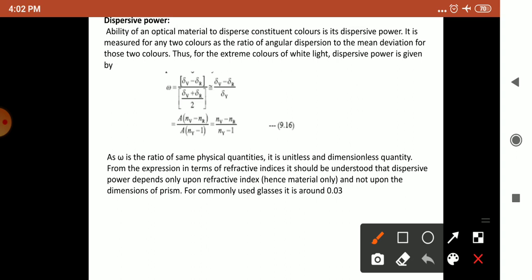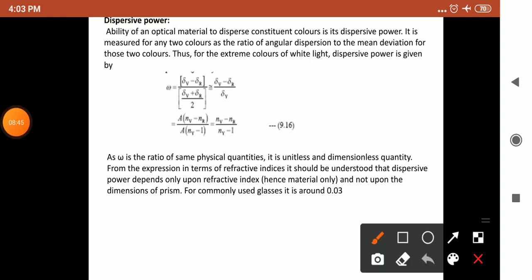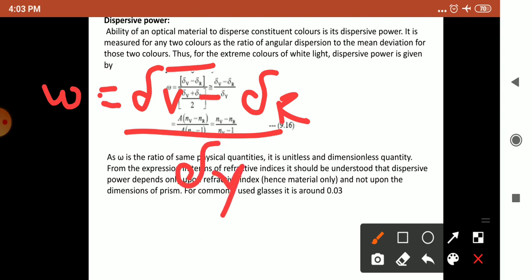So for the extreme colors of white light, dispersive power is given by omega equal to delta V minus delta R upon delta V plus delta R upon 2, which we can write as delta V minus delta R upon delta Y,